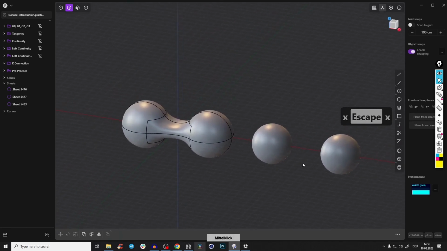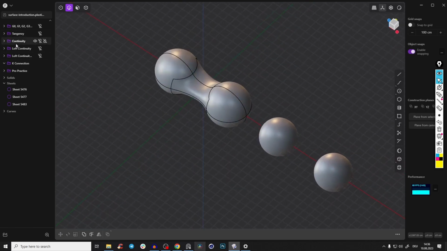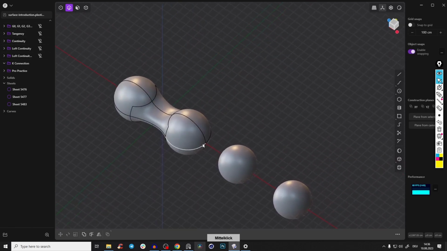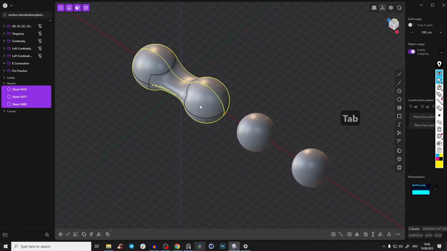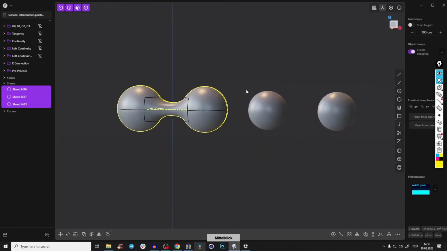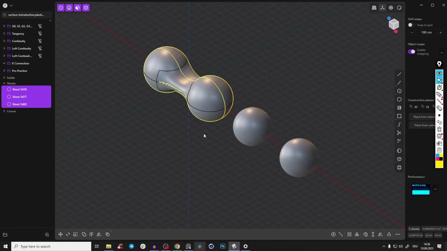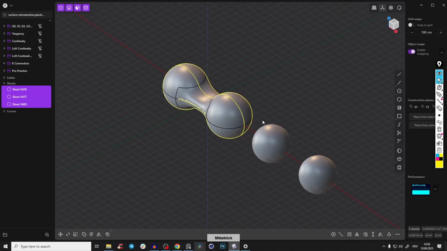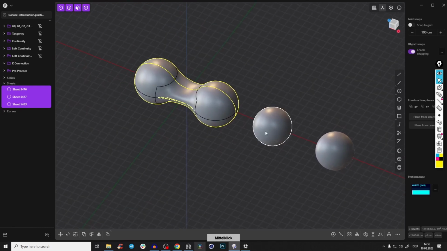Yeah, so that was it for now with continuity and tangency. This is super important to understand. And if you are super new to this kind of surface and tangency and continuity and your brain is just exploding right now, I understand more or less already. So I hope I explain it to you as clear as possible, but just follow along now the helmet course, where we will use this in a real world example, right? And also just try it